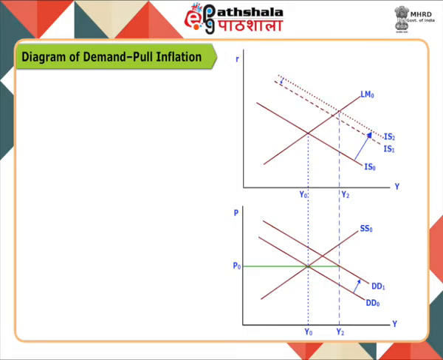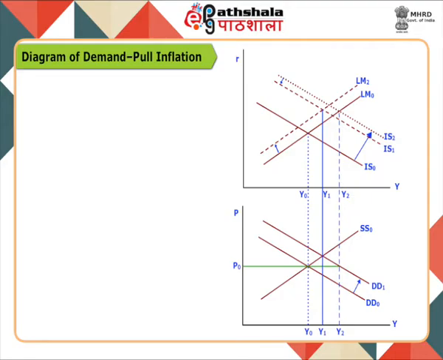The rise in price level would also decrease the real value of money supply. Due to the decrease in real value of money supply, the LM curve would shift to the left. Again, in the upper panel of the diagram, due to the increase in price level, the LM curve shifts from LM0 to LM2. Due to the shift in both IS and LM curves, a new equilibrium shall be established at Y1 level of output. In the lower panel of the diagram,